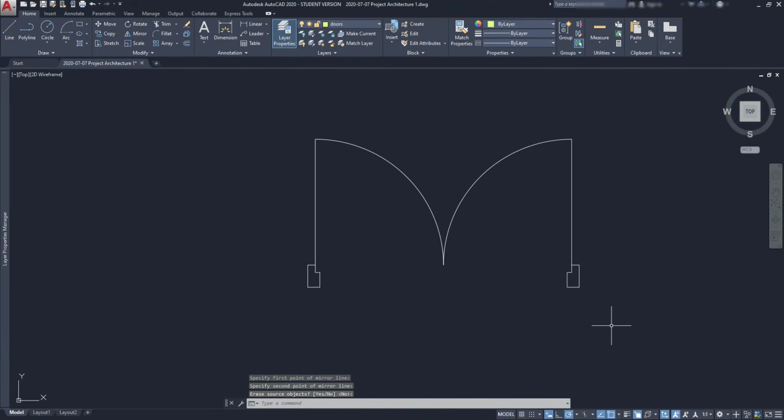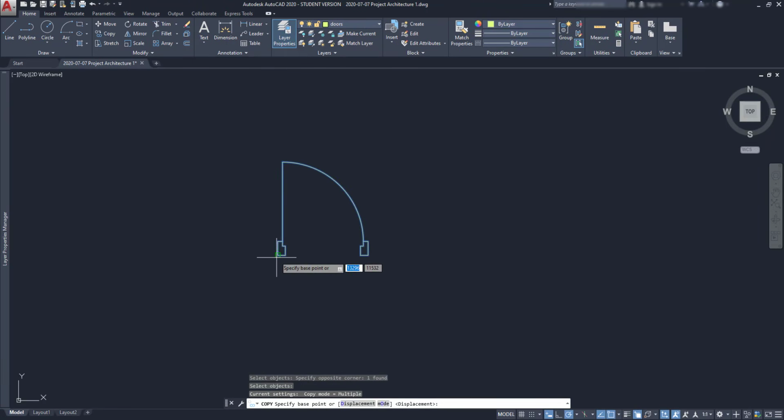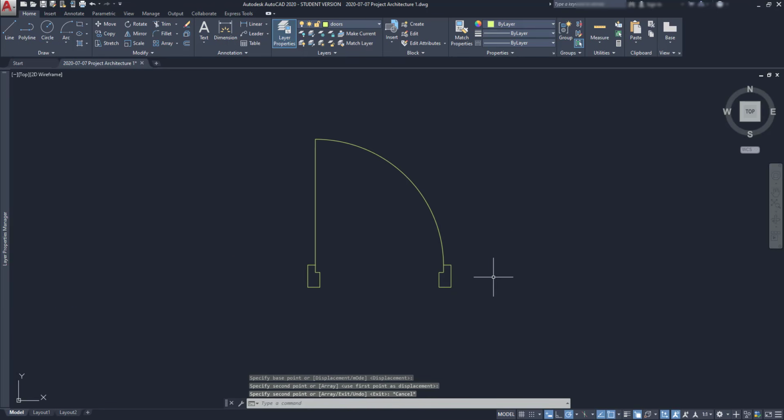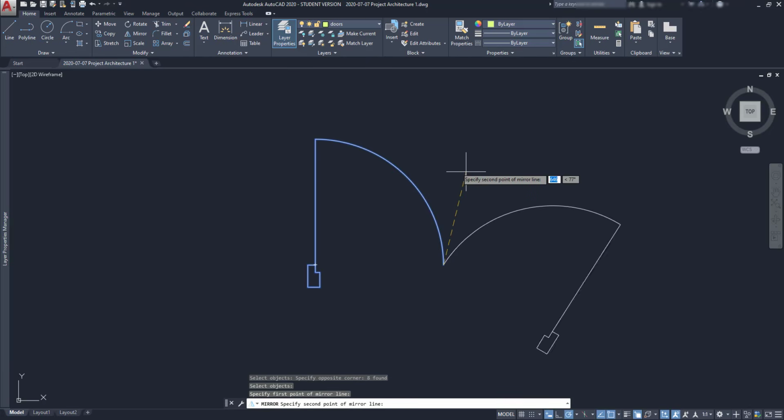There, I also need a double door on this floor plan. We can use the same block, copy it to a different place, then I use explode to return to their former objects. Notice that the objects are back on the layer 0, that's why they changed to white color. Now I delete the frame at the right. Then, with the command mirror, I select all the objects and make a mirror line at this endpoint,